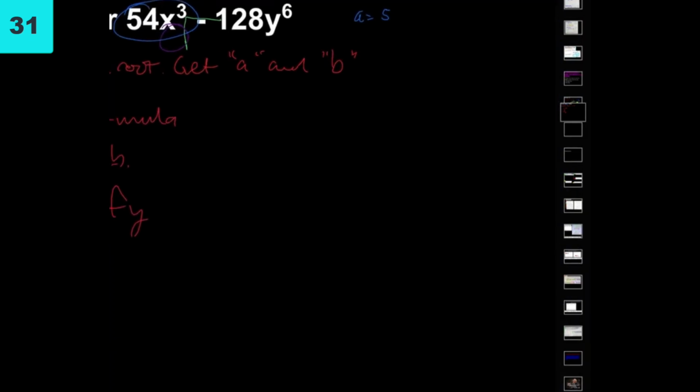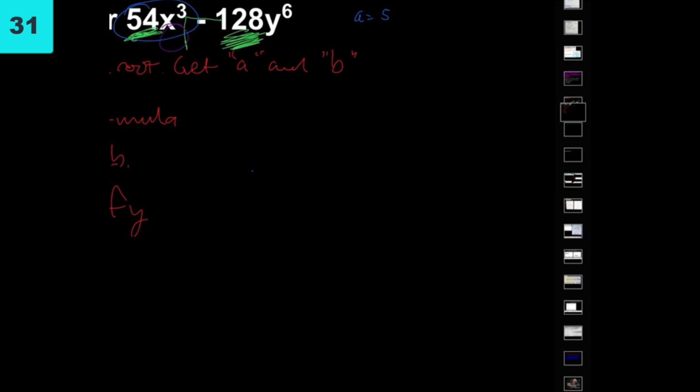Okay. Now something I noticed before I even do this is that both of these numbers are what? Even or odds? Evens. So let's go ahead and take a GCF, greatest common factor. So I'm going to guess 2 times 27 times x cubed, and